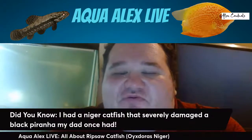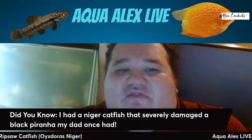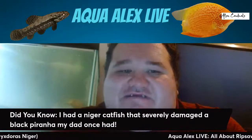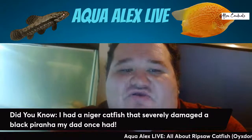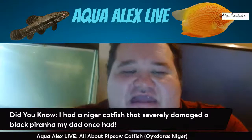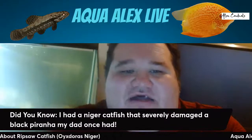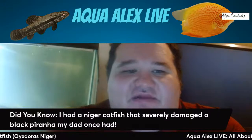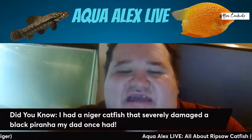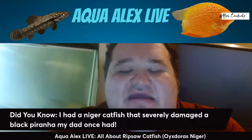And I thought I had removed everything, but I forgot about the 12 to 14 inch Niger that was hanging out in the 24 to 36 inch driftwood. So the Niger was hanging out in there when he added the black Rom piranha, and the first night was fine because the Niger cat never came out. But the piranha decided to be sneaky and